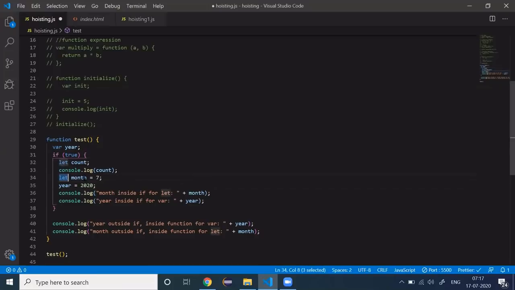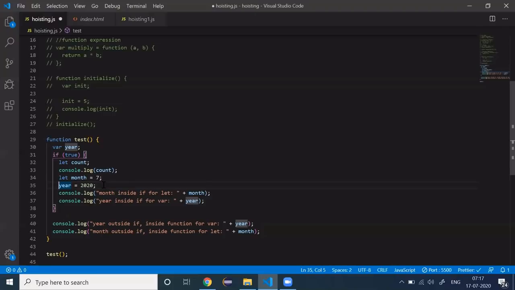For this variable, the block scope is the if condition only. So this let variable you cannot access outside the if scope, but you can access the var variable because var is function scope. So even if you define it inside an if block, you can access it inside the function. That is the major difference between var and let.